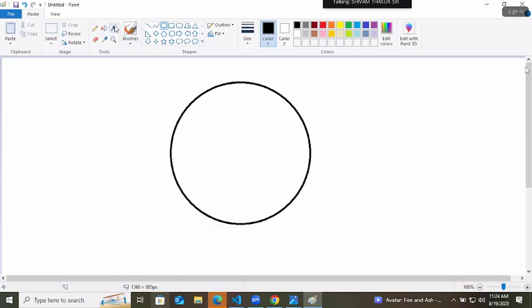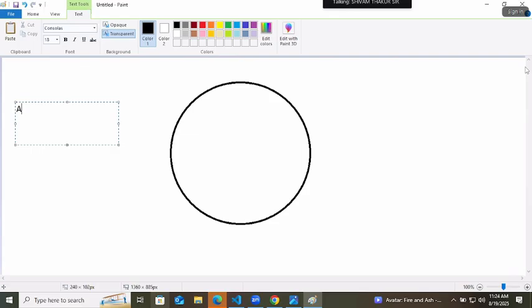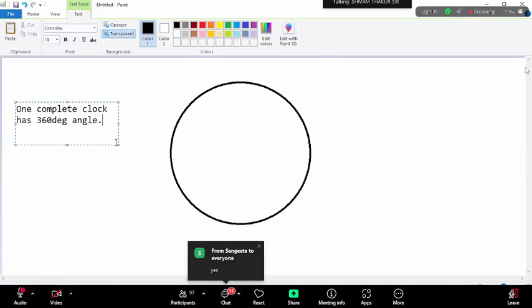Now, if I am saying that one complete clock has a 360-degree angle, is it correct or not? Correct. One complete circle means 360-degree angle. Okay, fine.